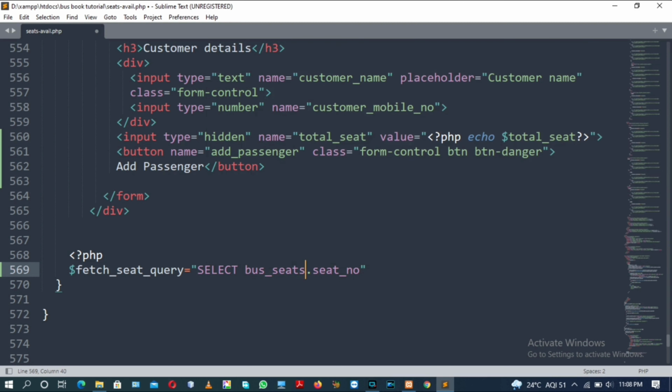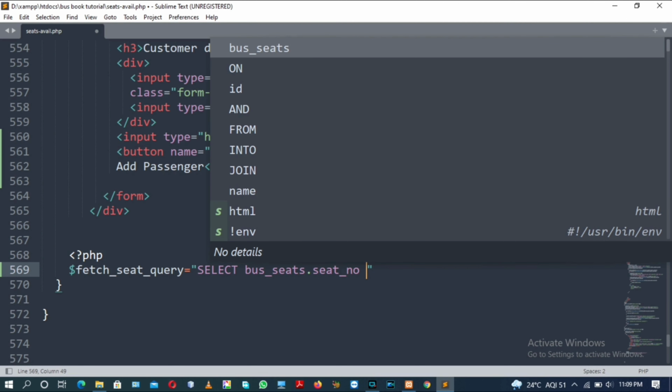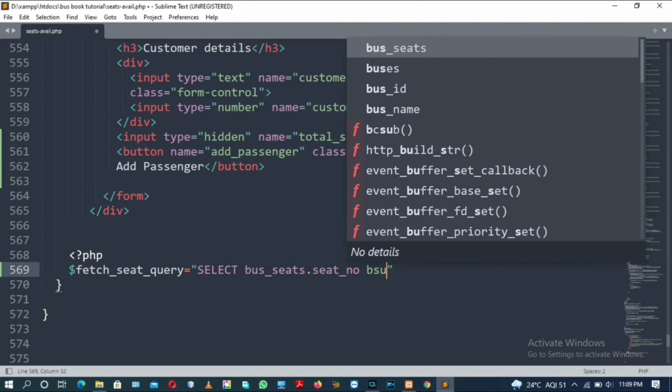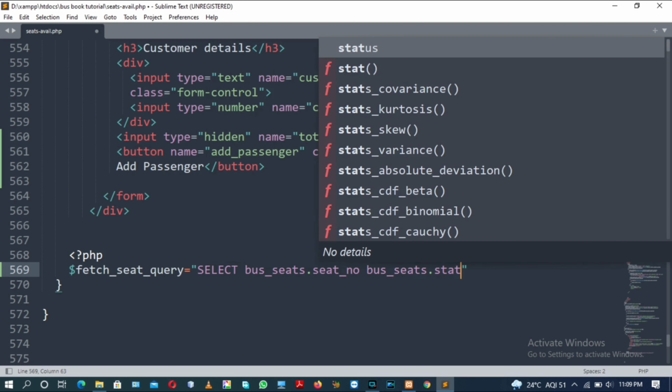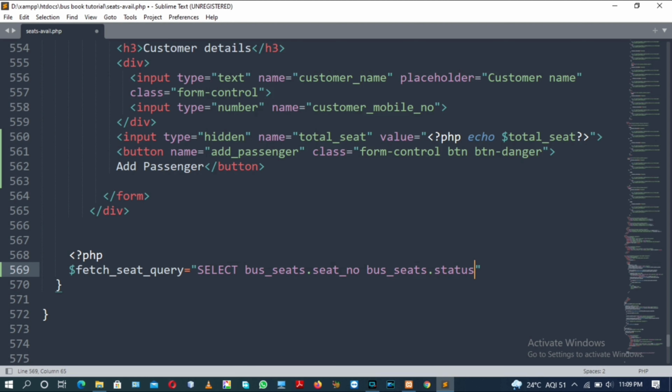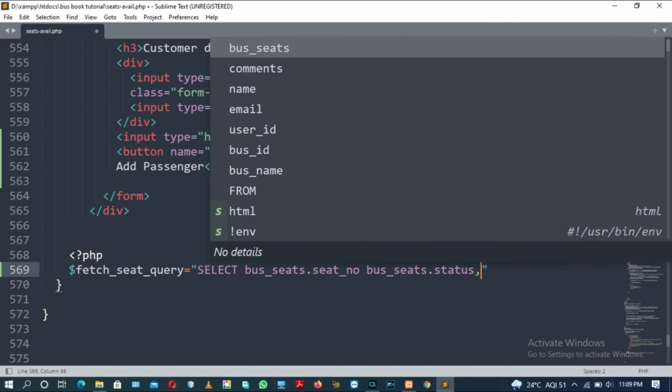Here bus seats is a table name and seat number is a column name of this bus seats table. So we are selecting seat number from bus seats, and bus seats dot status, and bus seats dot bus name.